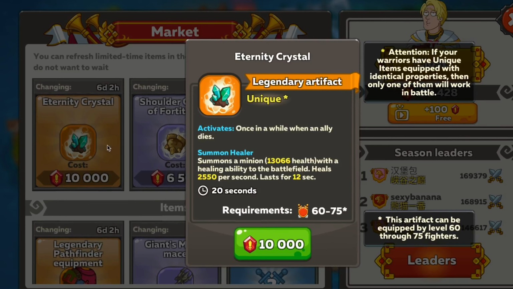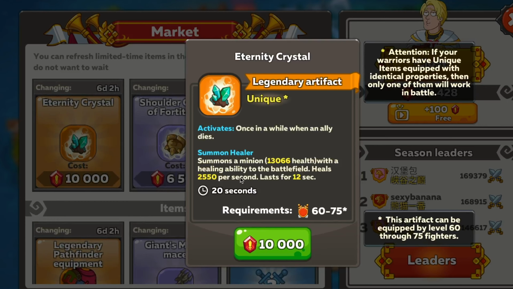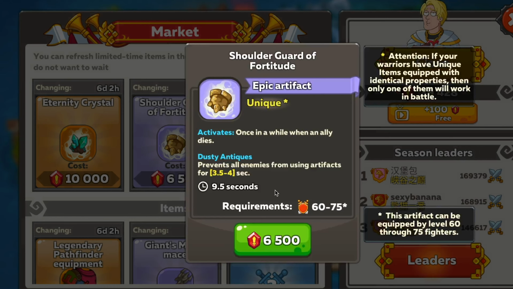Okay, I think I'm going to get some similar ones here. So once in a while when an ally dies, summons a minion with healing ability. So the same as the summoned archer, but instead this summons a healer. Don't particularly need that, to be honest with you. Once in a while when an ally dies, Dusty Artifact prevents all enemies from using artifacts for 3.5 to 4